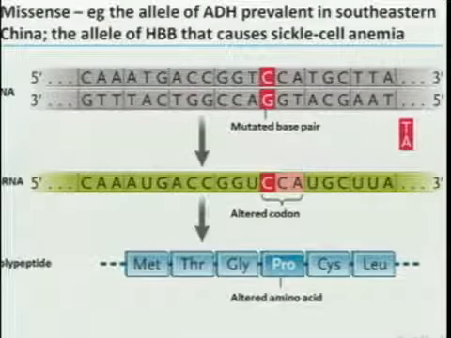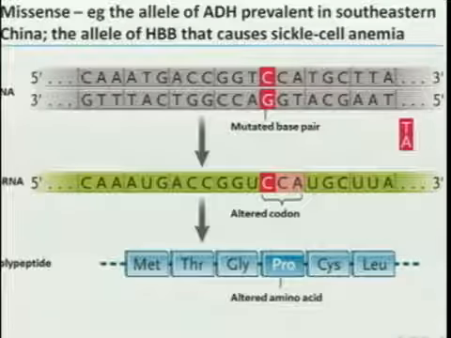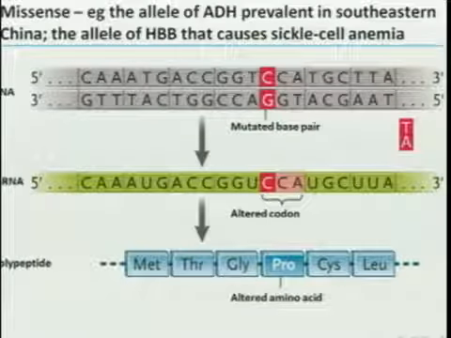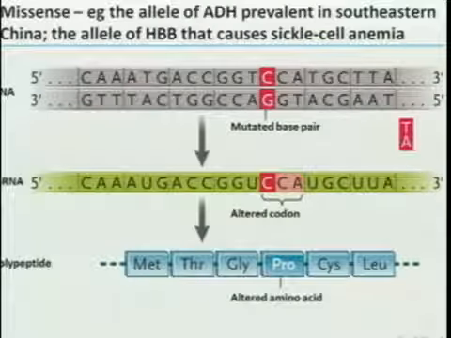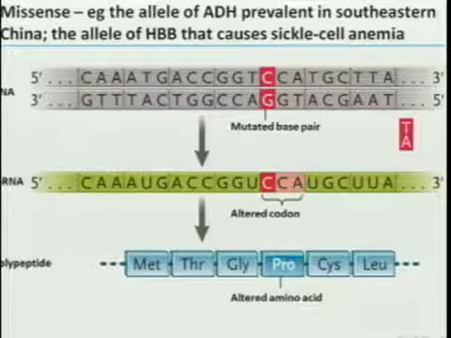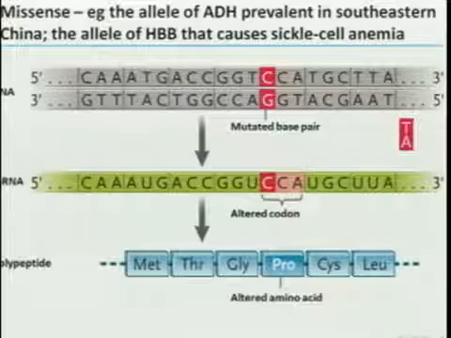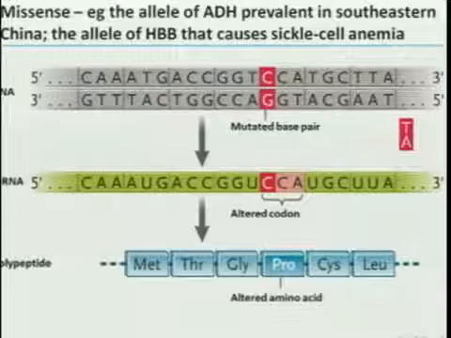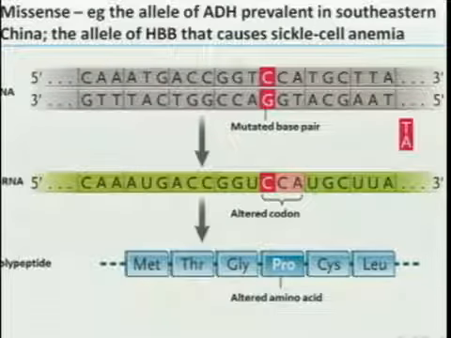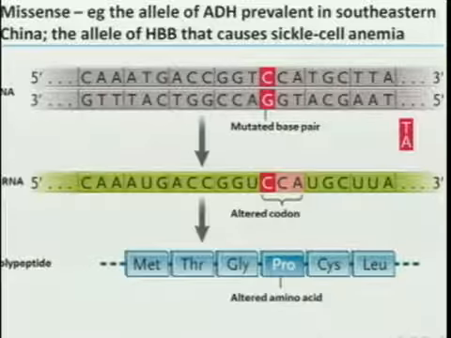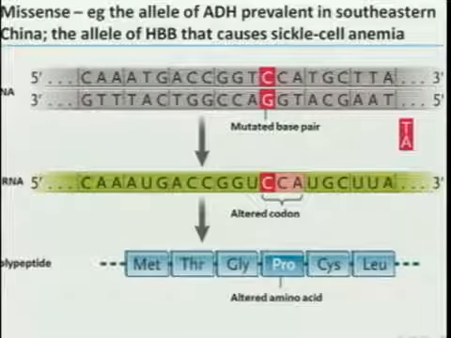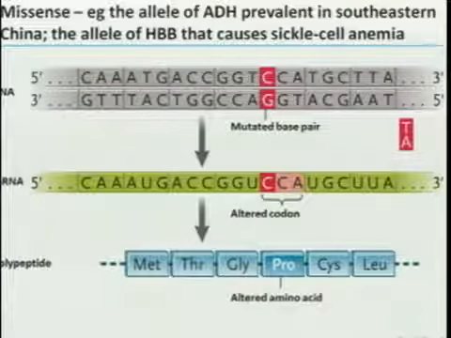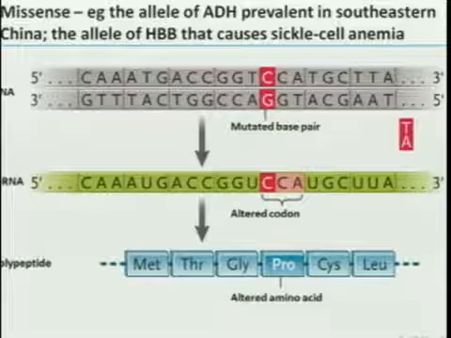Sir? The gentleman is asking a fantastic question. If the amino acid sequence changes, but the protein structure and function do not, do we still call that a missense mutation, or is that a silent mutation? For technical reasons, thank you for asking, that's still called a missense mutation. One of the additional challenges in human genomics is how to parse missense mutations that are actually silent, they don't really do anything, from those that do something. And we'll talk about that on Wednesday next week. Thank you for asking. Good for you.